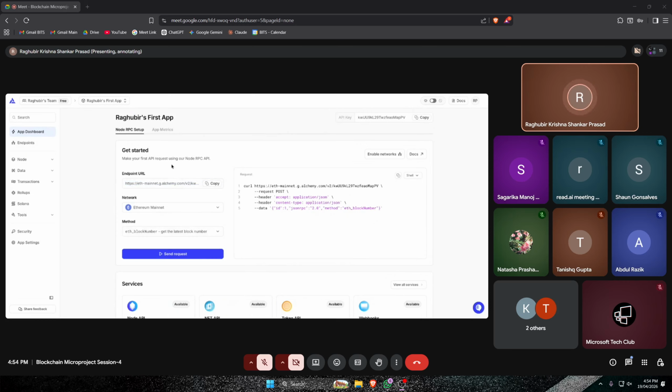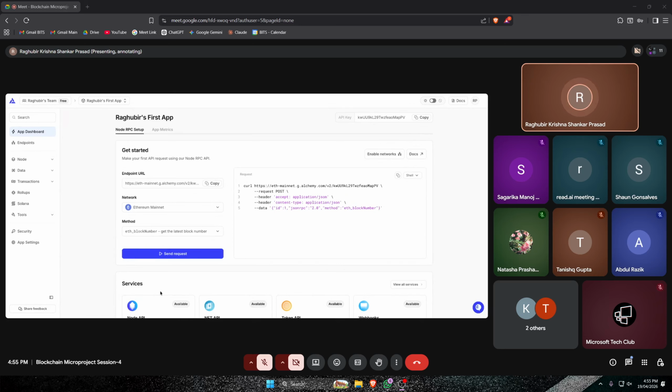Now, just directly copy pasting the endpoint URL is really not that safe, because here you can see I have an API key. But whenever I'm trying to deploy my code, I don't want this API key to get leaked. In this case, it is fine. It is not that important. But when you're actually deploying projects which run on the mainnet, you want your API key to be protected. So what we do is we put that in an environment variables file, the .env file, and then we add that .env file to our .gitignore file, so that it doesn't actually get pushed to GitHub. So what we are going to do is, firstly,